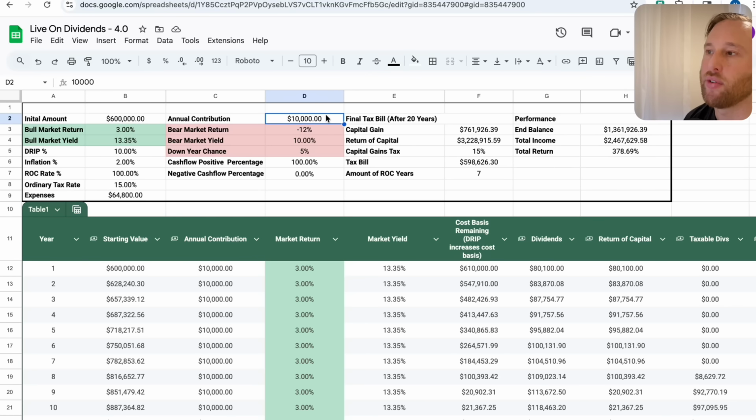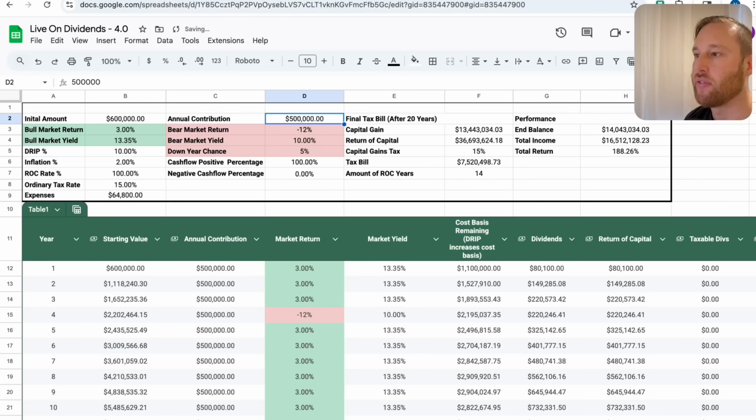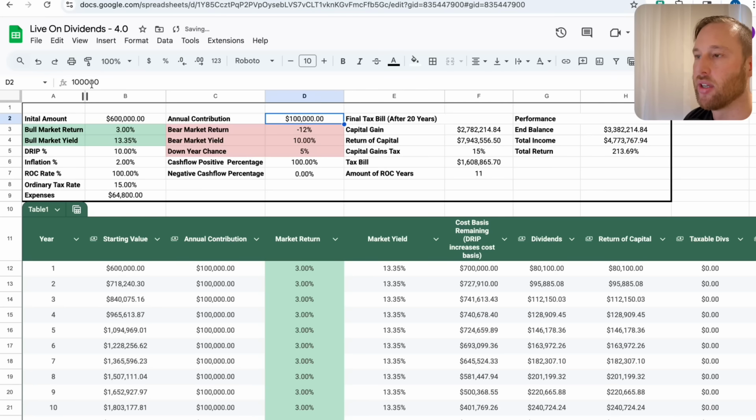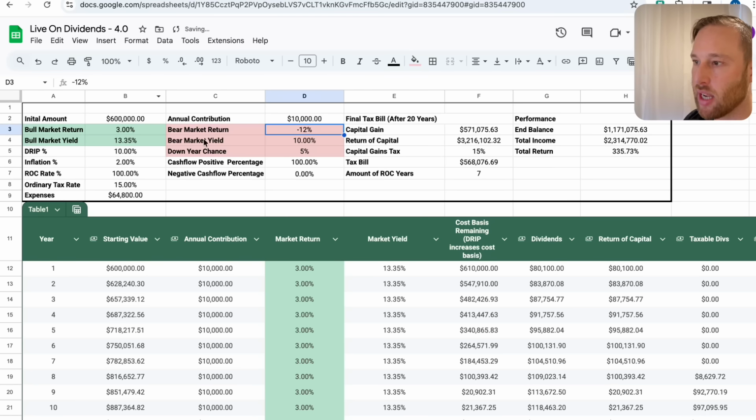And now I've added in a new field here of annual contribution, guys. So if you want to add in more, and this is a request from a user or an audience member, people wanted to add in annually. All right, so I've added in a field here, so you can add in annually. If you want to add in 5K, if you want to add in 10K, you can do so as you see fit. I'm going to put in 10K per year in annual contribution, and that will update all